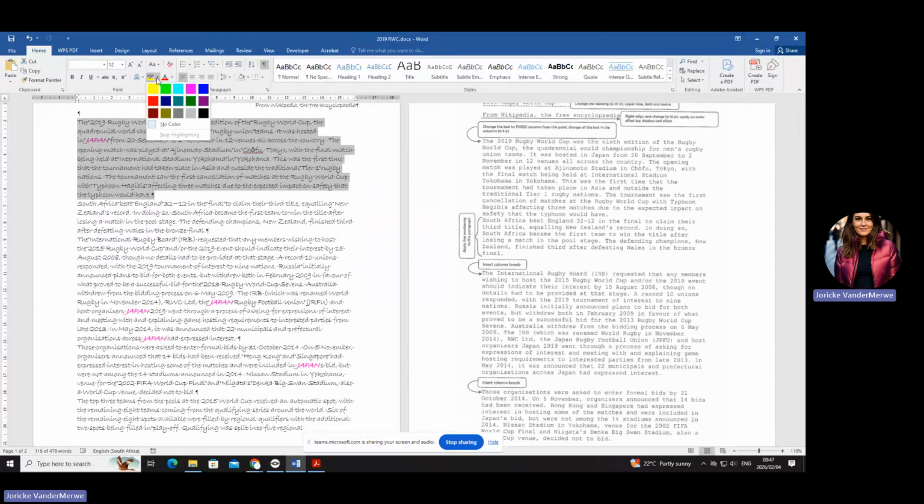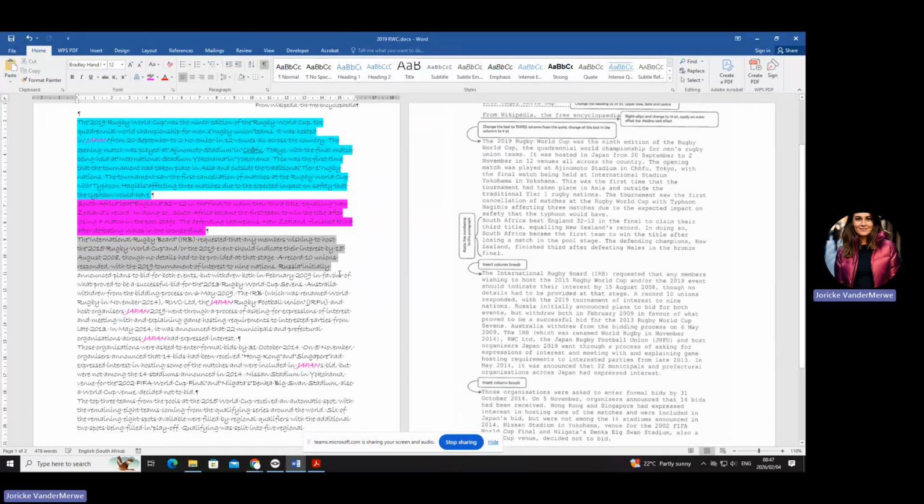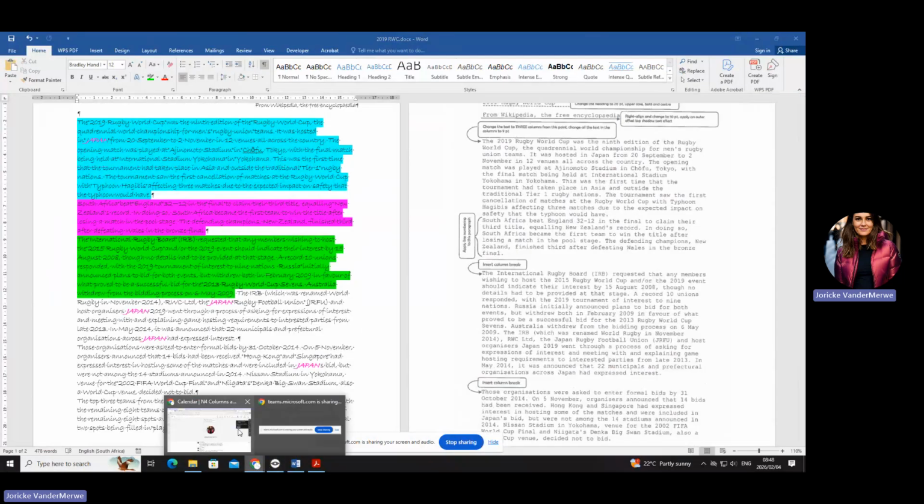Okay, so I'm going to show you which is my 3 columns. This is going to be my column 1. This is going to be my column 2. And then the last one is going to be my column 3. Okay, so those are my 3 columns. I will show you how to interpret the text in a little while. Now, before we start with columns, let's just quickly see what a column is.